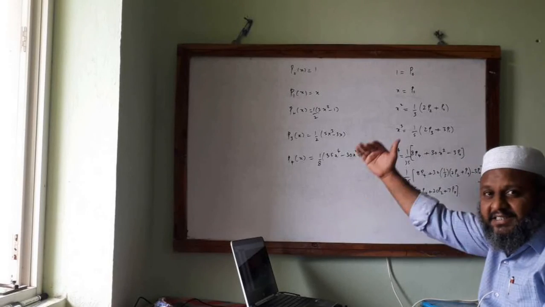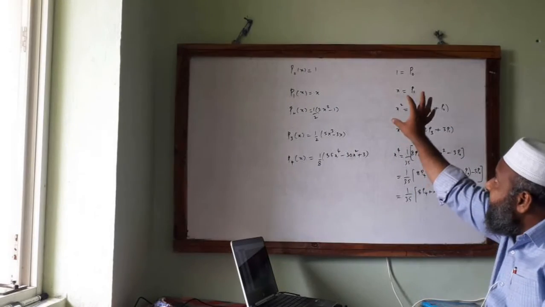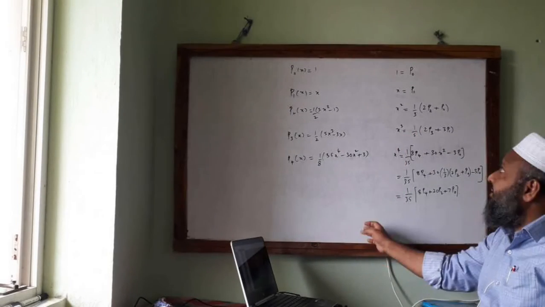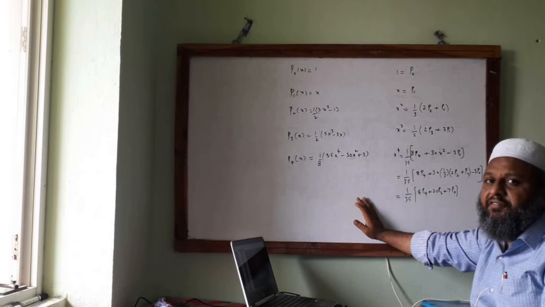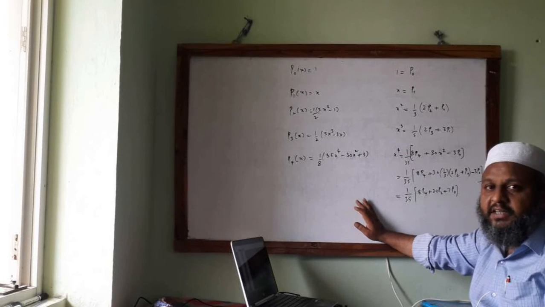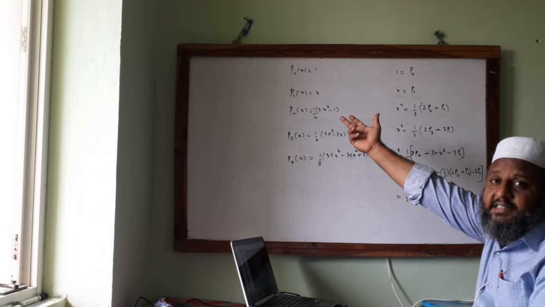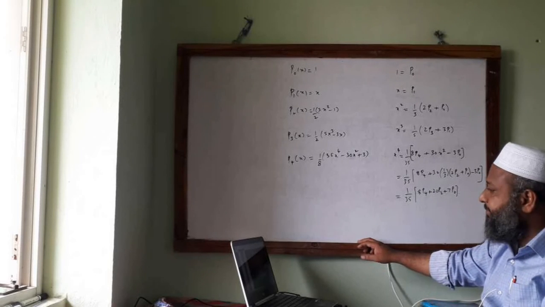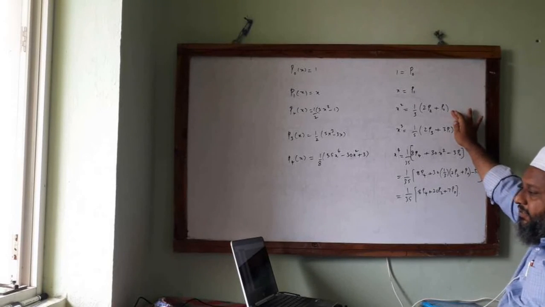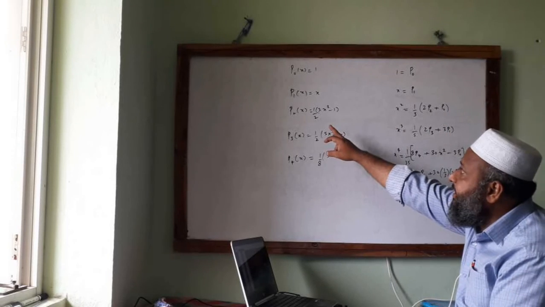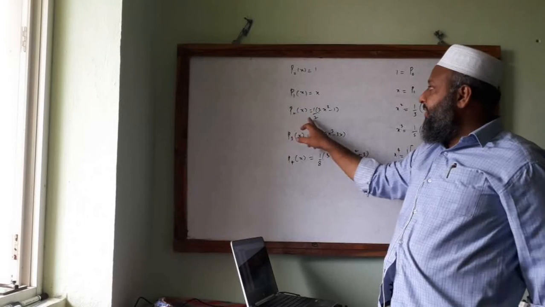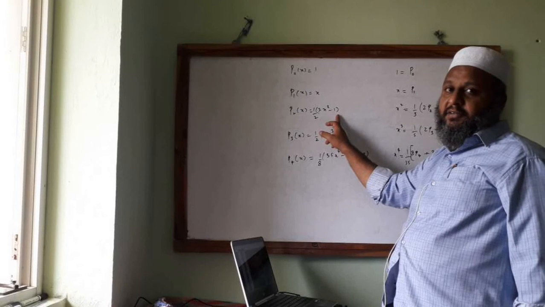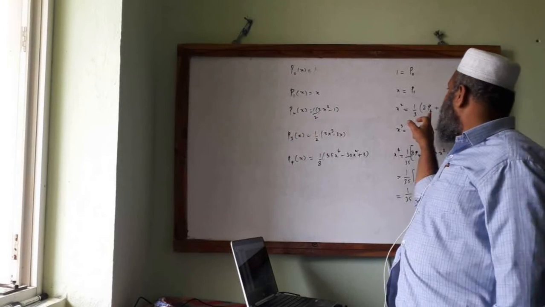This is the list of Legendre polynomials, whereas this is the conversion. If a constant is given, how to write it? That is 1, that is nothing but p0. If we have 10, we can write 10 p0 because 1 is p0, and x is p1, that is nothing but the reverse of that one. So if I have 10x, I can write 10 p1. Now you can note it down that it is x square. How am I getting it from this one? I am just multiplying by 2 here, that is going to become 2p2. 2p2 is 3x square minus 1. So this comes plus 1 that side. So 2p2 plus 1.